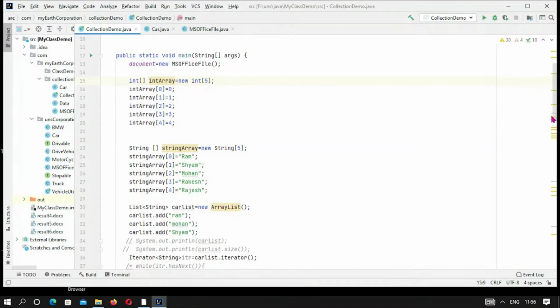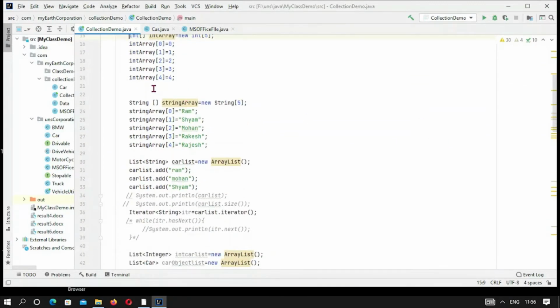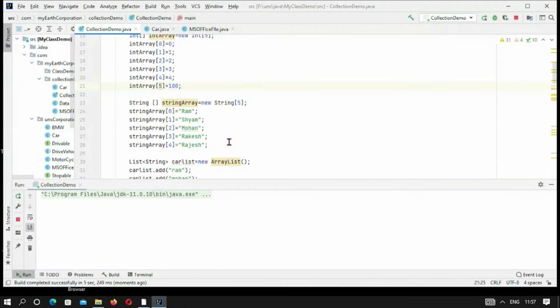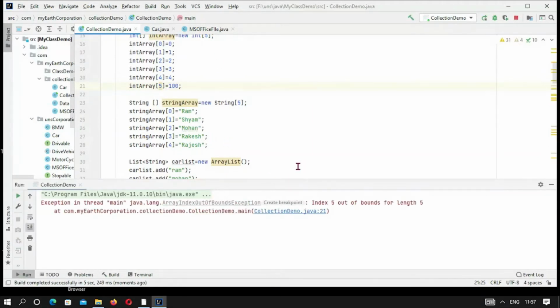Okay, and now we can see the first thing, that is, size is fixed. It means when we add some more items, let us see the int array, and you will see if we are adding another item, suppose this is 100, when we compile, this will produce an error. You can see like this. So let us see. This 100 will produce an error because the size is fixed up to 5 and this is a 6th element, and this will produce index out of bound. You may see index 5 out of bound for length 5, so its size is fixed, it can't vary.